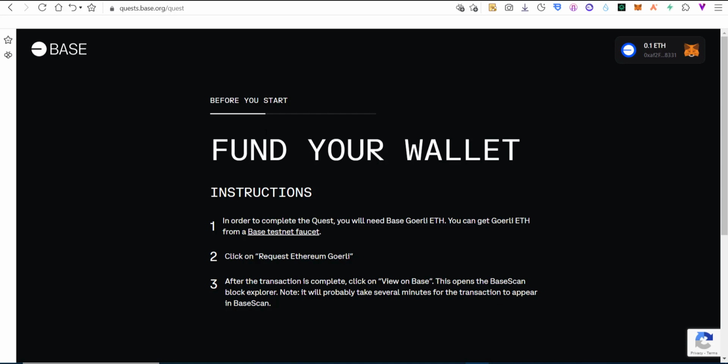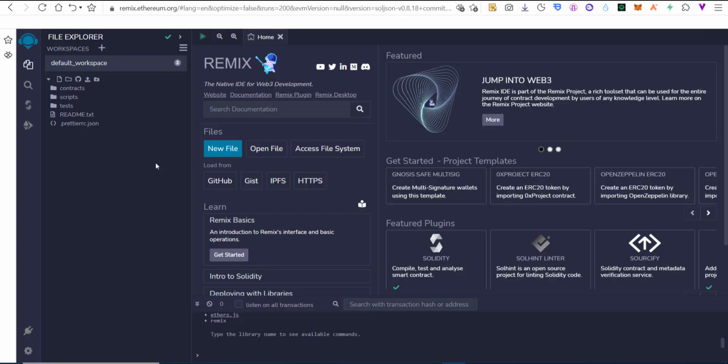If you have been finding it difficult to complete the Base Testnet task, this video is for you. Because in this video, I will show you how you are going to deploy your own smart contract on the Base Goerli network. So, if you look at the top corner of your mobile phone, you will see the link that will lead you to where you can bridge from Goerli Ethereum network to Base Goerli Ethereum. That's the first step. After doing this, then we move on to deploying smart contracts on the Base network using